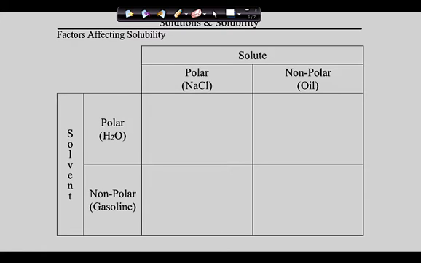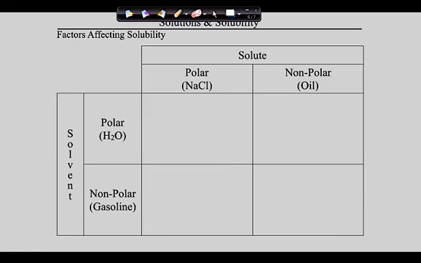Oh, there we go. So guys, you're going to want to write into this table with me. So now that we understand the processes that have got to take place in order for something to dissolve, you got to conceptualize it like this. We've got forces inside the solute, forces inside the solvent, and forces between the solute and solvent. You with me to there? Okay, so guys, with that said,